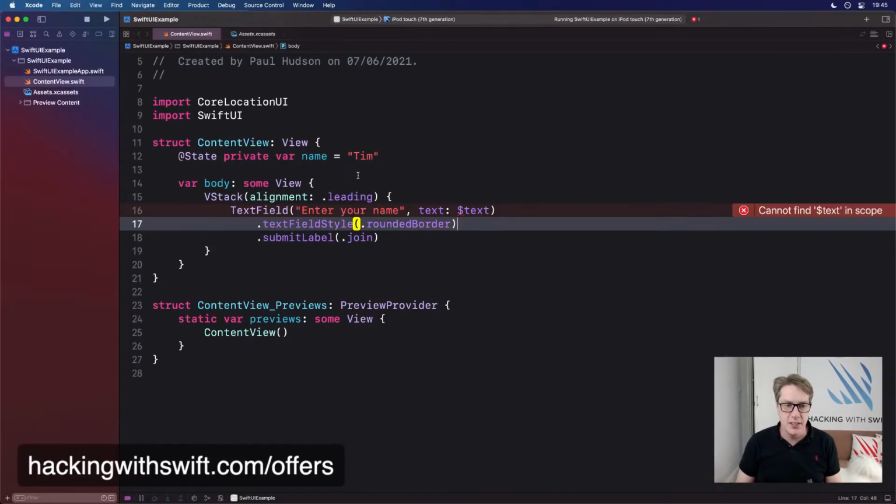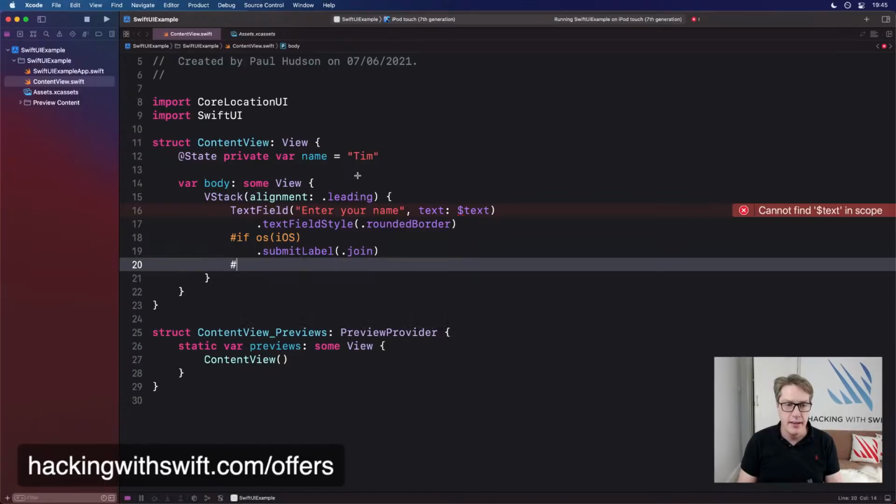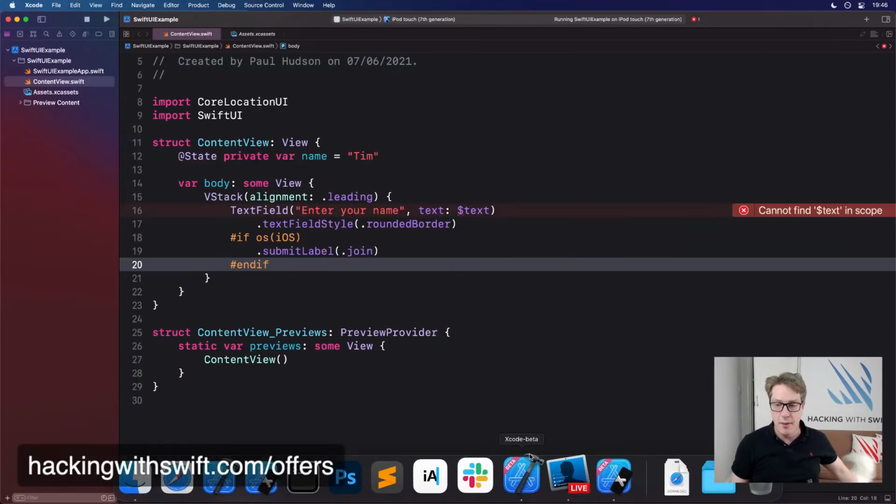You could say things, with a hash if OS is iOS, then do something, otherwise don't. And that's, again, a Swift 5.5 feature. It was Matt Ricketson and someone else put that through for Swift 5.5. And it's just a nicer way of customizing the way your code works in different OSs and other platform operations